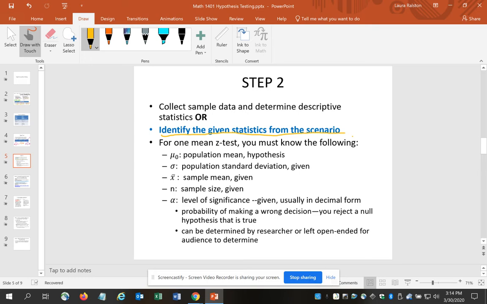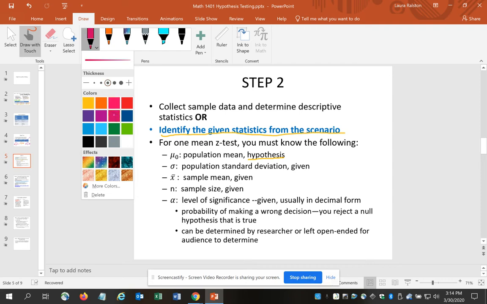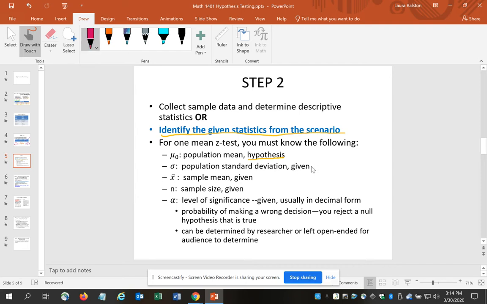There are 5 pieces of information that you want to identify. Those are, first off, the population mean, which is on your calculator is mu with a little subscript of 0. And notice that the population mean is the value that you have stated in your hypothesis. You need the population standard deviation. That's the big clue here, that we want to use the z-test. Okay, the fact that you know the population standard deviation is the big clue that we're going to do the one mean